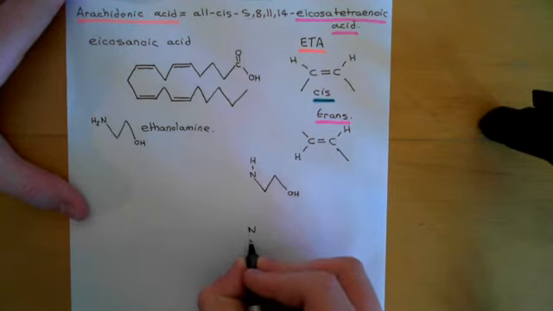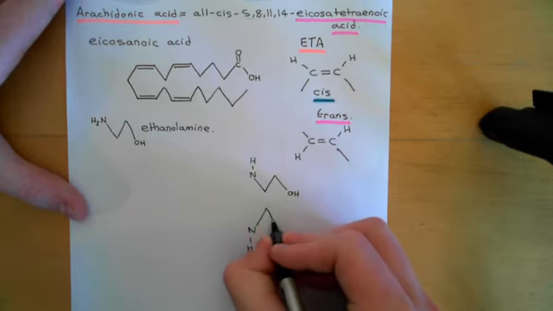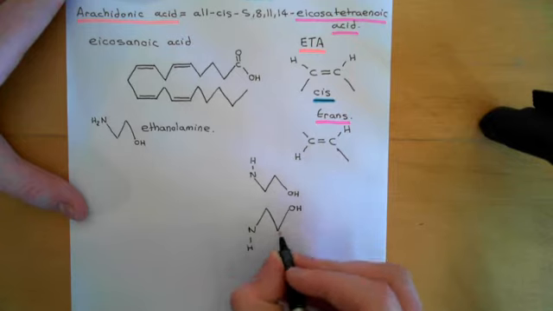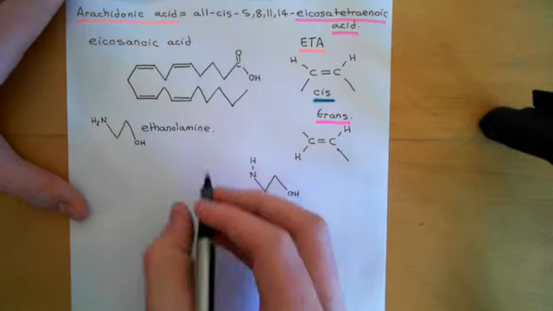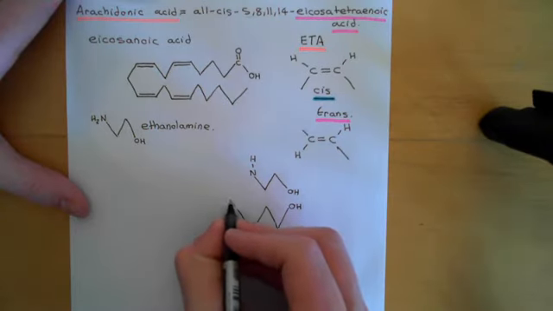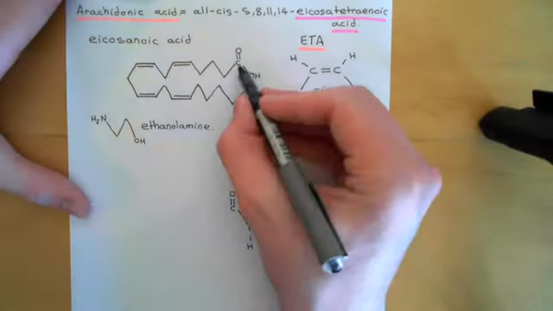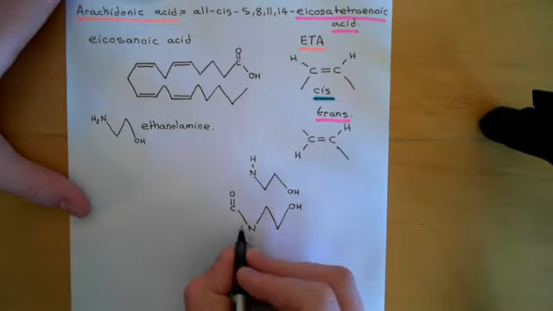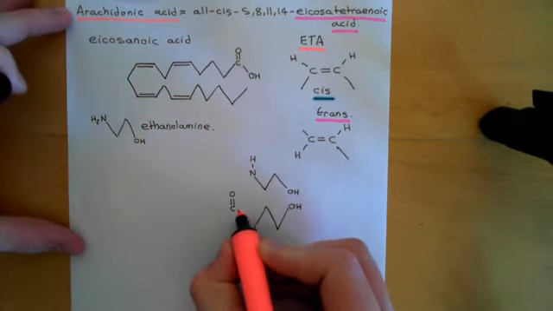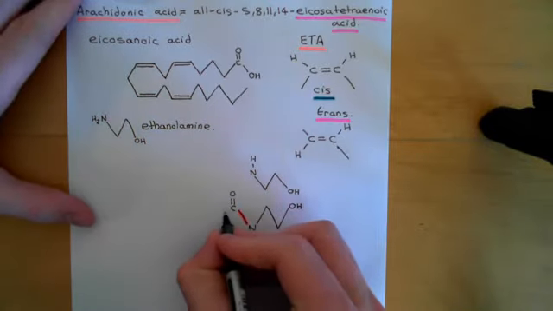Redrawing the ethanolamine the other way up, simply because it will make the picture look easier. So I've now redrawn my ethanolamine the other way up. And now what I want to do is attach this onto my arachidonic acid molecule. So here is the carbon of the carboxylic acid group of the arachidonic acid molecule. It's now attached to the amino group by the amide link. So this is how we've attached the ethanolamine to the arachidonic acid, and now I can just copy my arachidonic acid molecule out again.